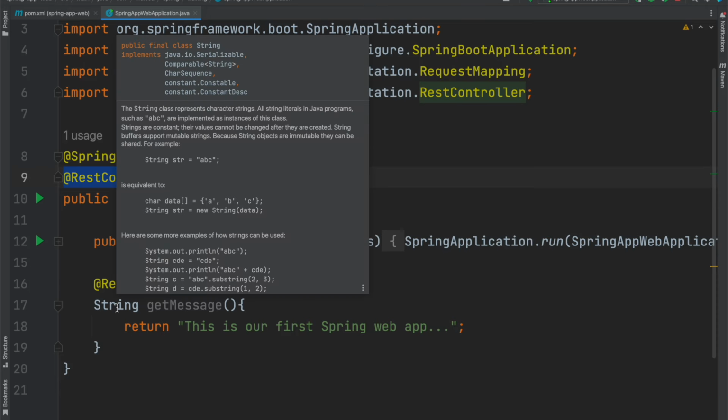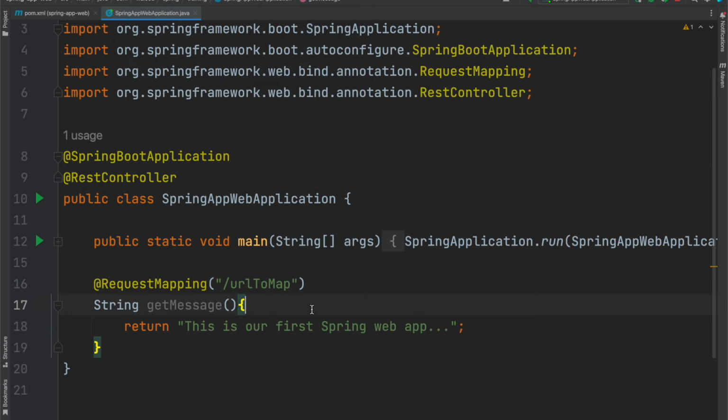So it tells Spring to render the resulting string directly back to the caller, whoever that caller is. As I said, that can be a browser, or it can just be coming from an Angular application. But these two play together, that is REST controller at the class level and request mapping at the method level. And all you need to do is run the Spring web application again,